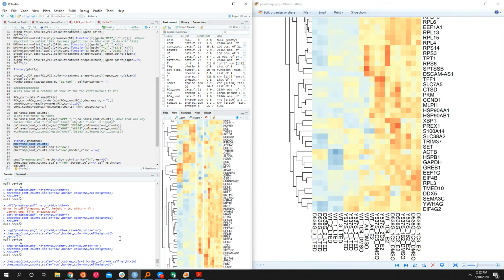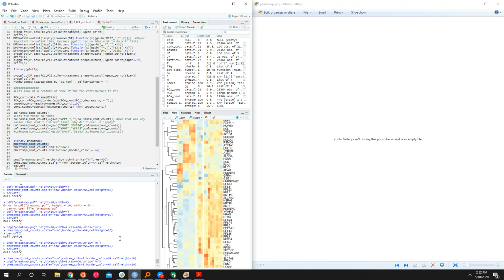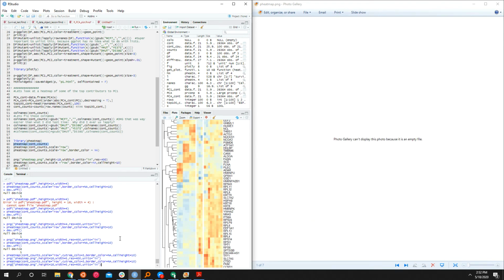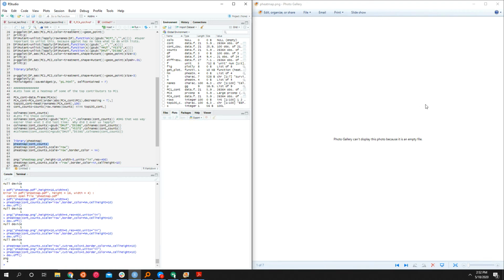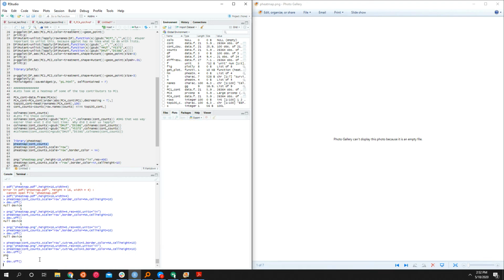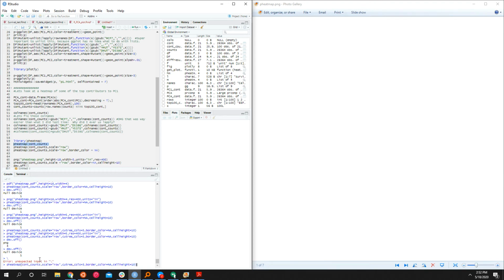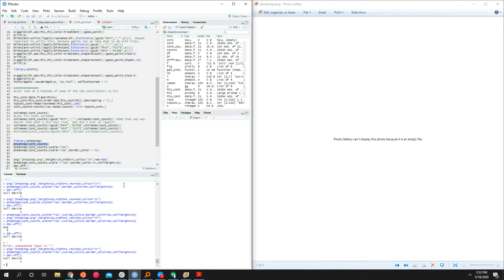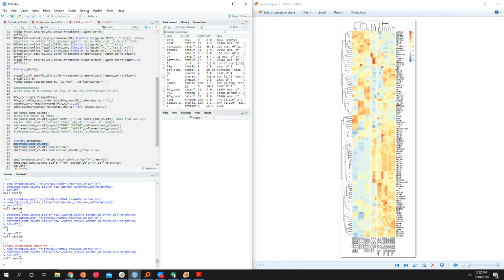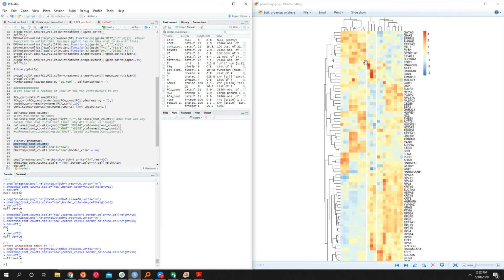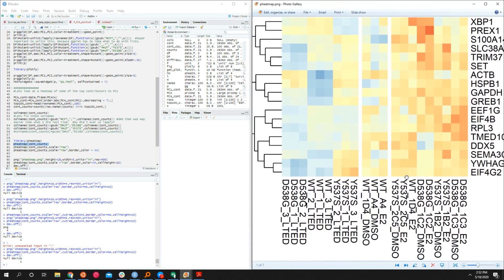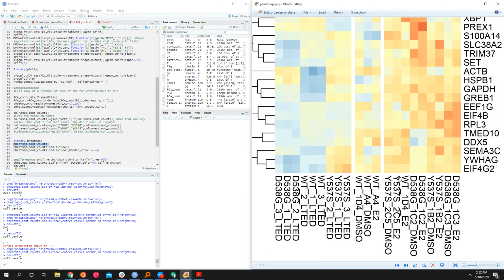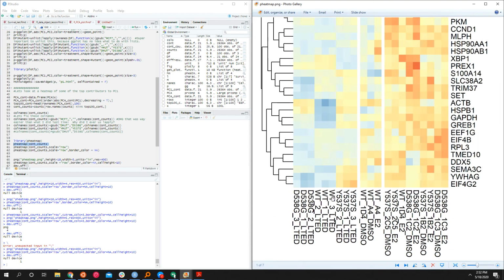Why don't we save this as a file so we can actually look a little bit closer at it. Let's try this again. Okay, so here's our graph here. So here it's split it into 3 groups, and it puts a little line between them. So now you can see that our long-term estrogen deprivation splits into 1 group,